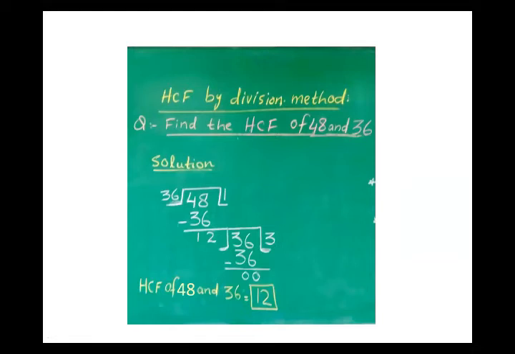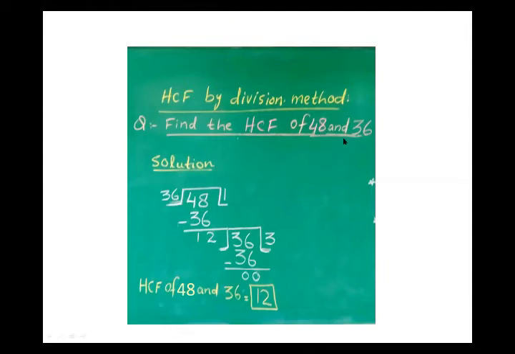Similarly, this question is also picked from a book exercise. So by using this method, you can easily solve the book exercise. In this question, we find the HCF of 48 and 36. In this example we only have two numbers, but in your book exercise you have more than two numbers. If you understand this method, you can easily solve three numbers.